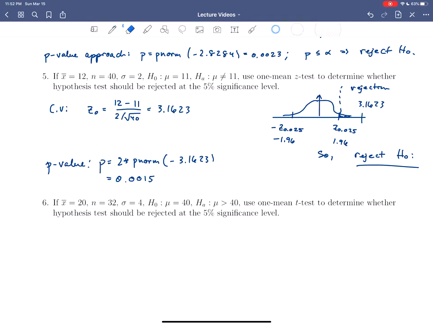Actually, if I'm rounding correctly, I think my MATLAB would yell at me for that, but it's 0.0016 because it's 0.001565, blah, blah, blah. So 0.0016. P is definitely less than or equal to alpha. So we reject the null hypothesis. Okay. That's the idea. That's our conclusion. We'll do the next